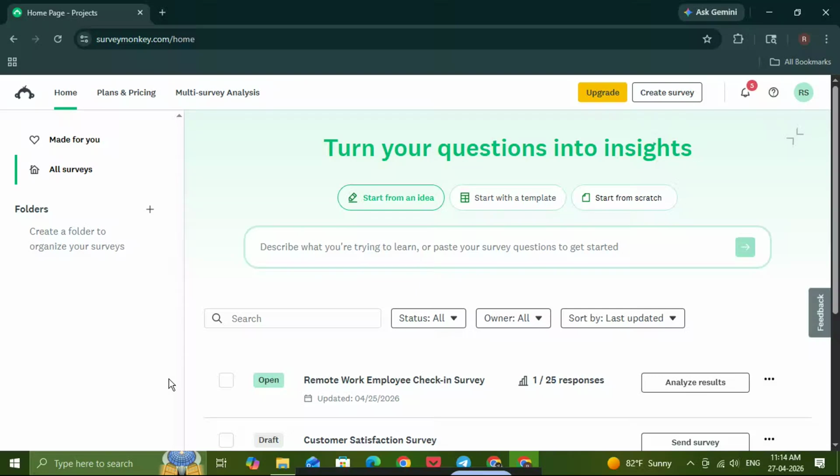If you need to edit responses in SurveyMonkey, you're in the right place. In this tutorial, I'll walk you through the fastest way to find a response, open it, make your changes, and save everything properly. This is a great workflow if you're cleaning up survey data, correcting a response, or updating something